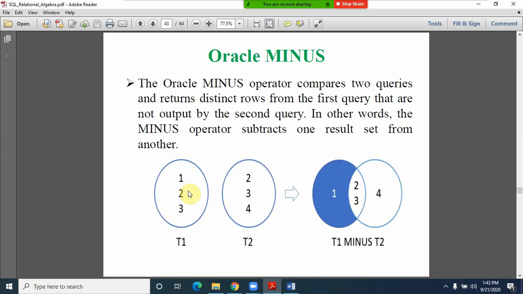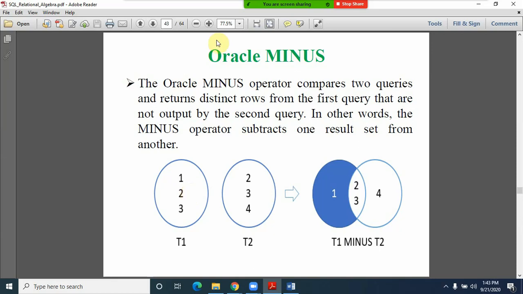Okay. And minus, friends. Sometimes there is a specific situation where I want to get the outcome exclusively from a particular table. I don't want to get the combination, or I don't want to get the second table's records. My intention is only a particular table, exclusively. In that case, you can make use of the minus, friends.